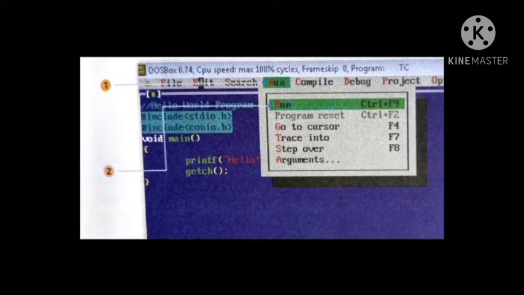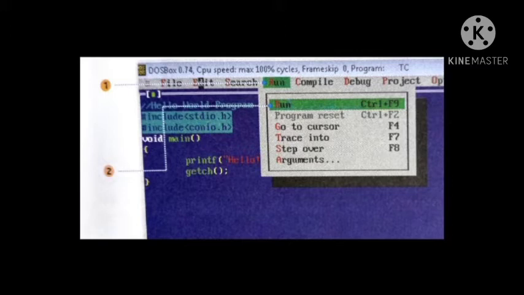When you click on Run, your program starts executing and you will get the output. The shortcut key to directly run the program is Control plus F9. When you press Control plus F9, your program starts executing. So this is how you run your program after writing it.